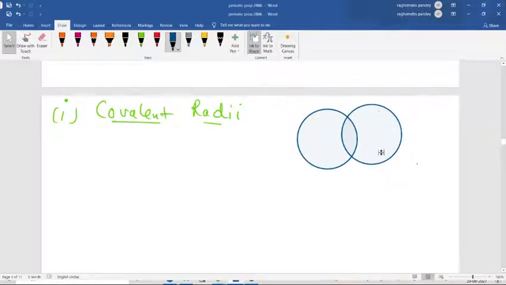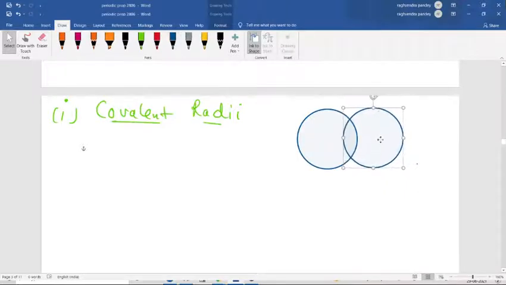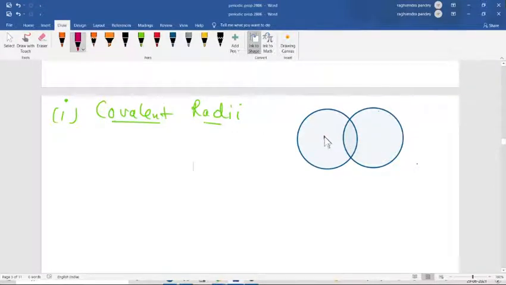Now when two hydrogen atoms make a bond, they share the orbitals, so they overlap here. It's not like they are just touching. That is your 1s orbital for both hydrogens. This is hydrogen, this is hydrogen. This is the nucleus, and they have 2 electrons which are shared here. These are the 2 shared electrons.